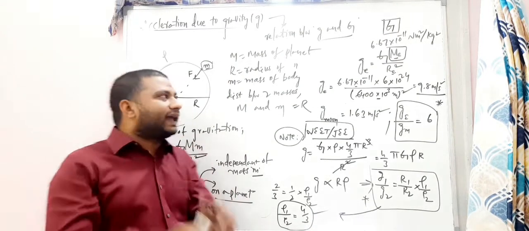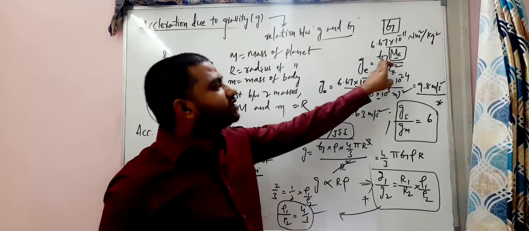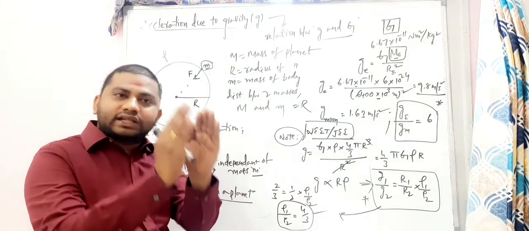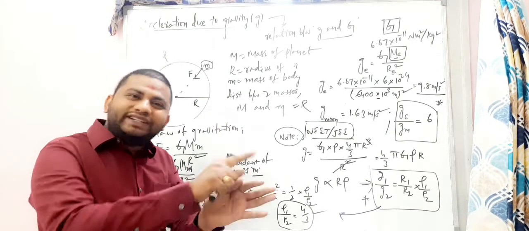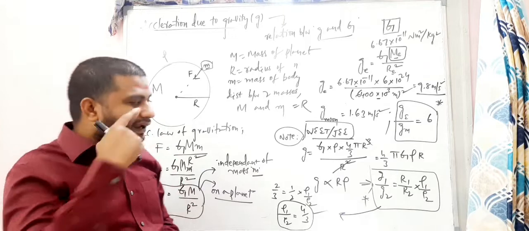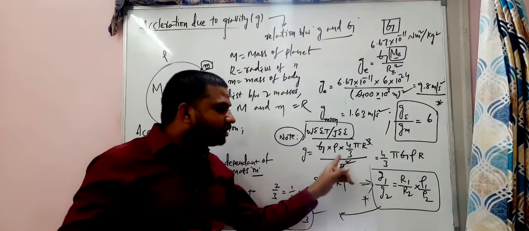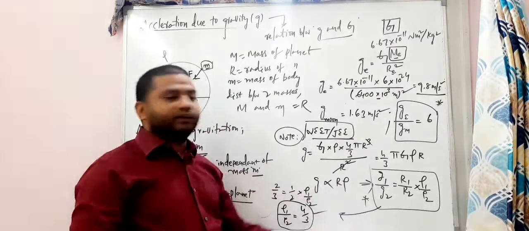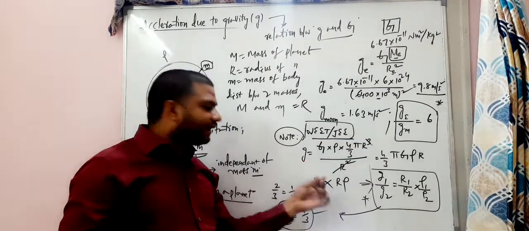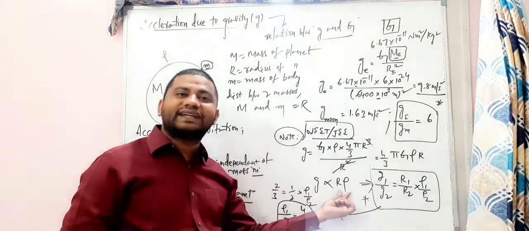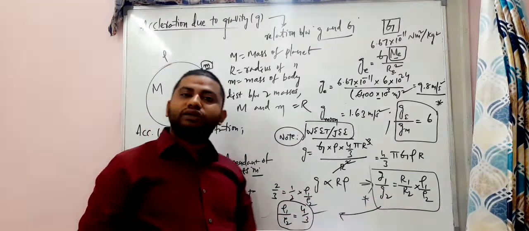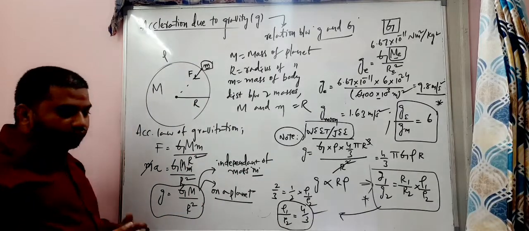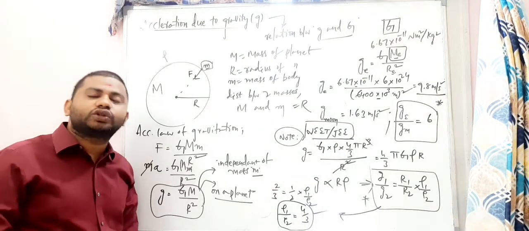On the surface of the planet, acceleration due to gravity value is GM by r square. On the surface of the planet only, if you want to write acceleration due to gravity in density form, you should convert mass into density and volume. After conversion, you get acceleration due to gravity in terms of radius of the planet and density of the planet. That kind of relation comes, ratios come, right? So that's it. Now we'll talk about the factors affecting the acceleration due to gravity, my dear students.